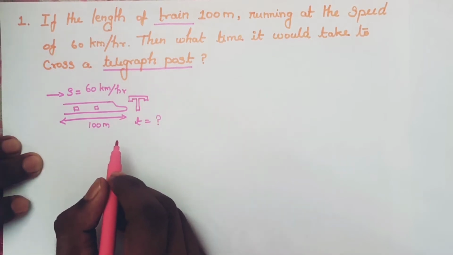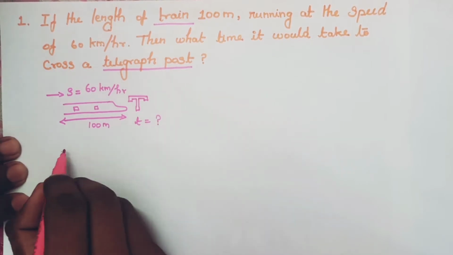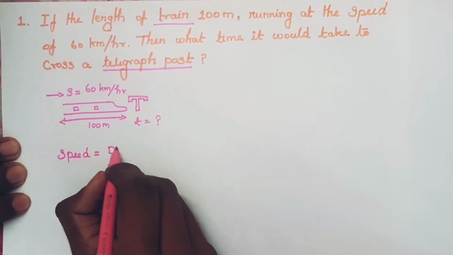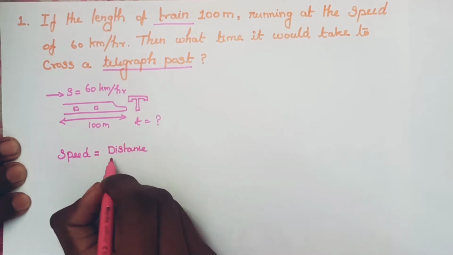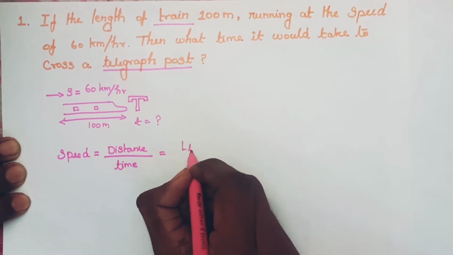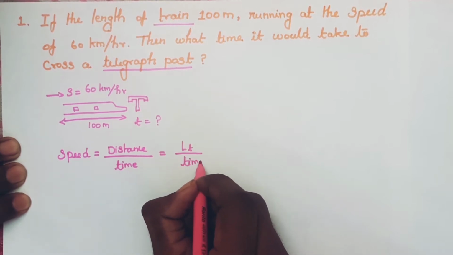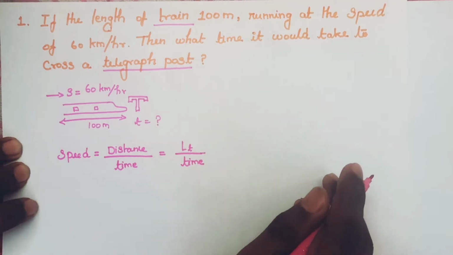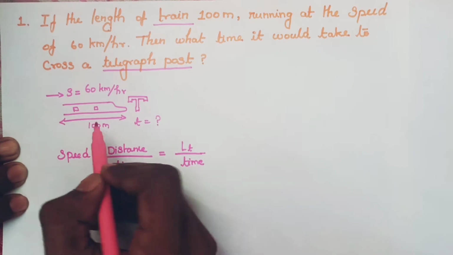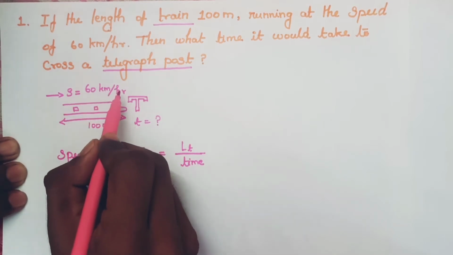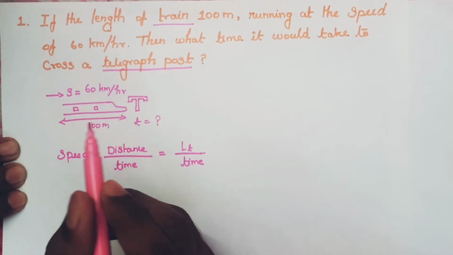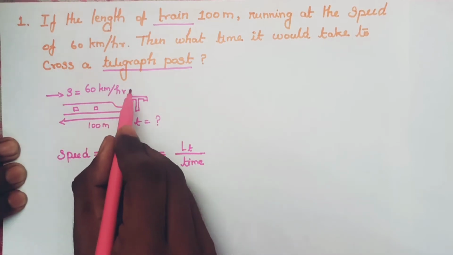What is the formula in the point method? Speed equal to distance divided by time. Distance, that is length of the train, right? According to the point method formula. And now just listen. Here distance is in meter but speed is in kilometer per hour. You have to convert all the values into one form. So you will convert kilometer per hour to meter per second.